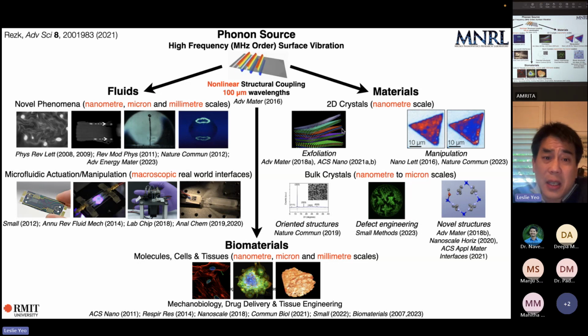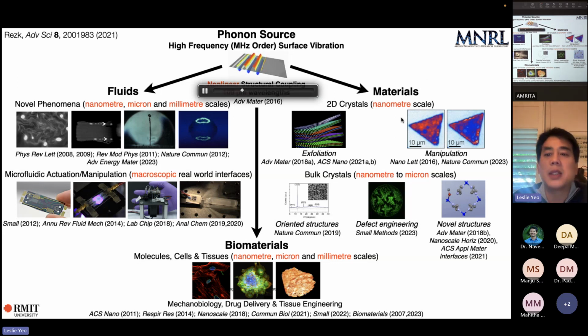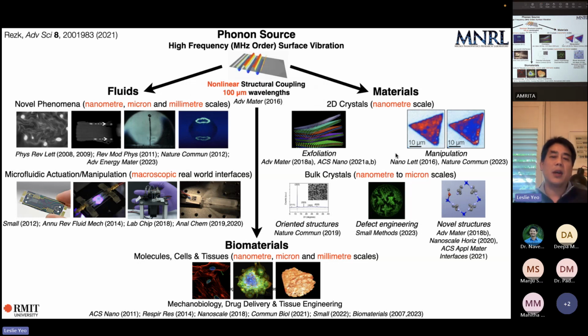I think that the very disparate length scales. Okay, so I've told you that these sound waves are 10 megahertz and they're 100 micron wavelengths. What I want you to bear in mind is that these are a lot longer than the molecules that we manipulate, right? There are about 5-6 orders of magnitude difference between 100 microns and, for example, the nanometer scales of the 2D crystals and the bulk crystals, right? So this very disparate length scales,